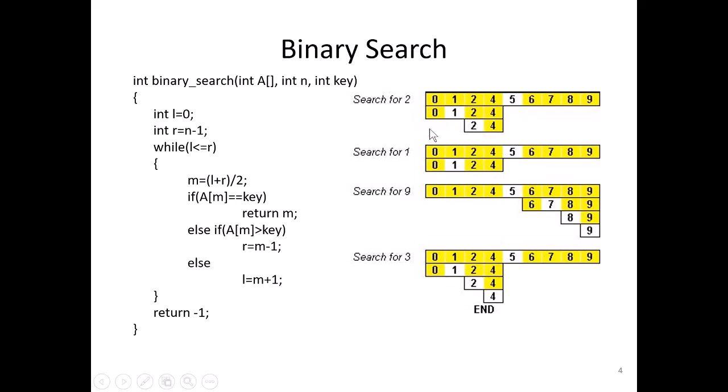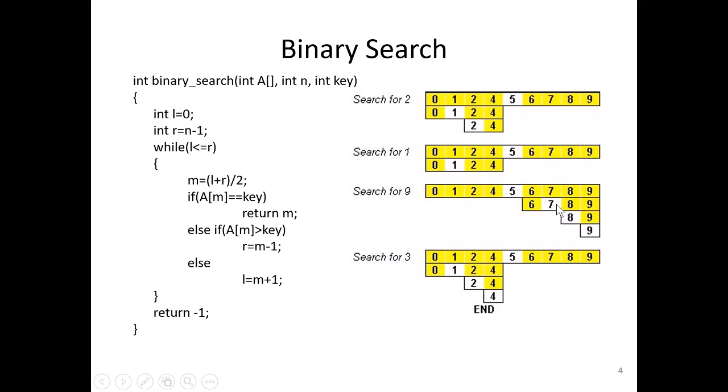If you use a linear search, the number of comparisons will be high when compared to the binary search. So for searching the element 1, we have only 2 comparisons here. We find mid value and found that the element is available on the left side. Again, you find the mid value, the element is matched, so just return. Similarly, searching for 9, you find the mid value, it is not matched, so the element is available in the right side only, because 9 is greater than 5, no? So the element should be available on the right side.